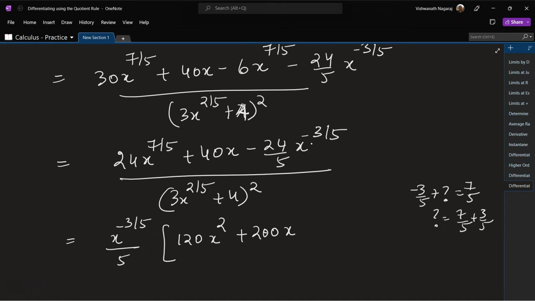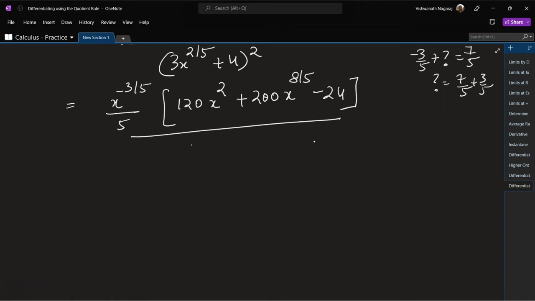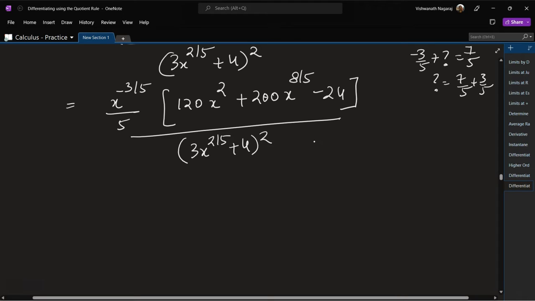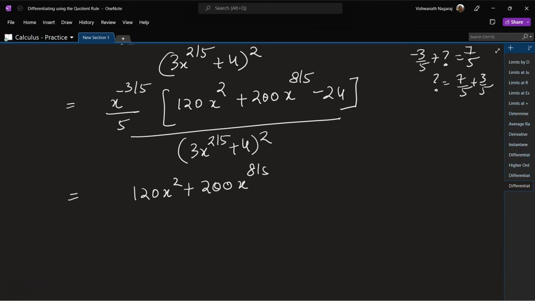Now the numerator, this is to the power of 1. So that means it has to be 5 by 5. For it to be 5 by 5, this should be 8 minus 3. So 8 by 5, minus 24, divided by (3x to the power of 2 by 5 plus 4) square. So this we can bring it down. So 120 x square plus 200 x to the power of 8 by 5 minus 24, divided by